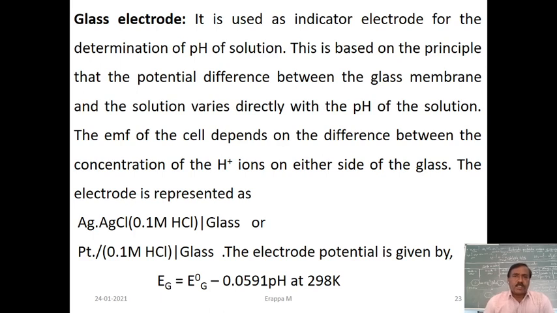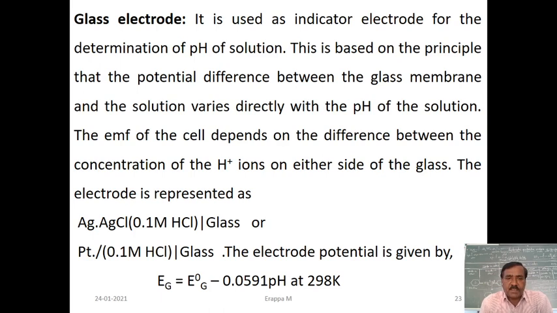Glass electrode: it is used as an indicator electrode for the determination of pH of a solution. This is based on the principle that the potential difference between the glass membrane and the solution varies directly with the pH of the solution. The EMF of the cell depends on the difference between the concentration of H plus ion on either side of the glass. The electrode is represented as